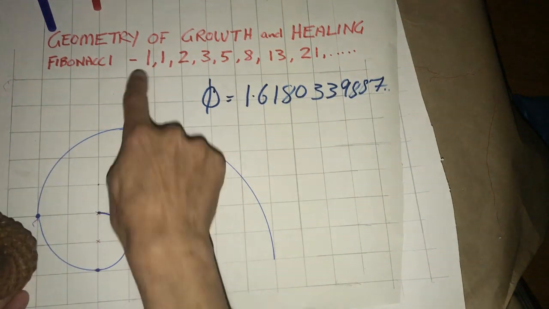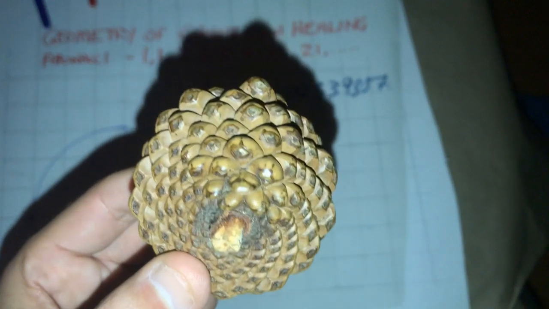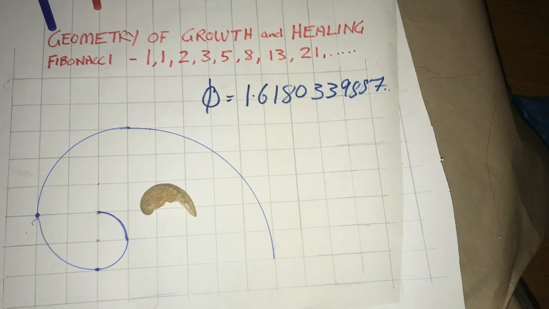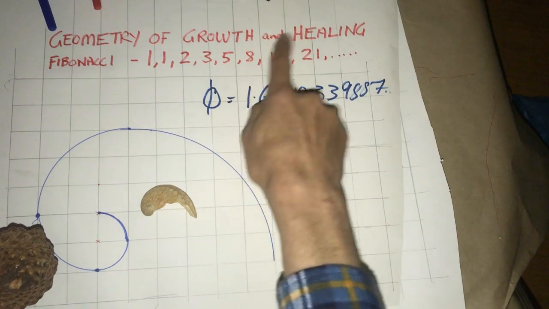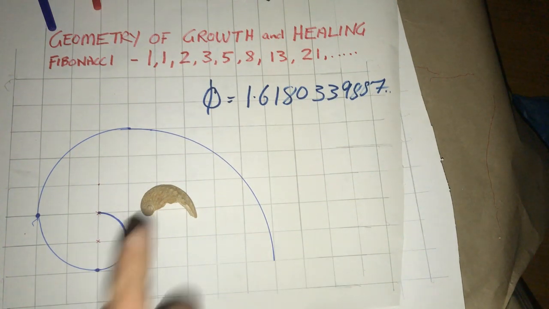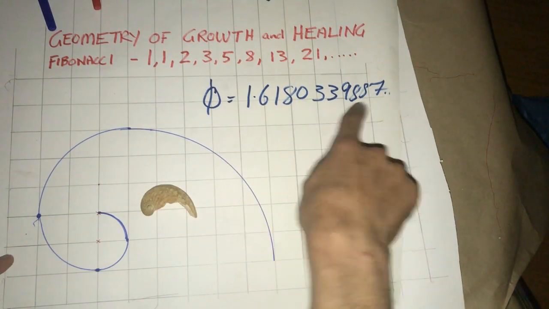of the spiral growing at this ratio actually leads to things healing themselves. So this deformation will actually repair itself just because it follows the same rules of growth. This geometry is about growth, but it's also about healing. And so now I'll do this on a spreadsheet just to show you the math of it,